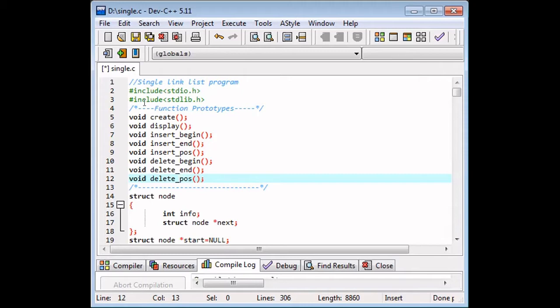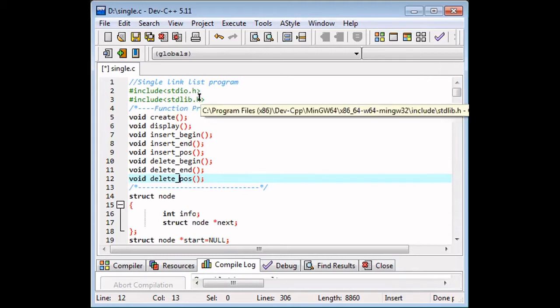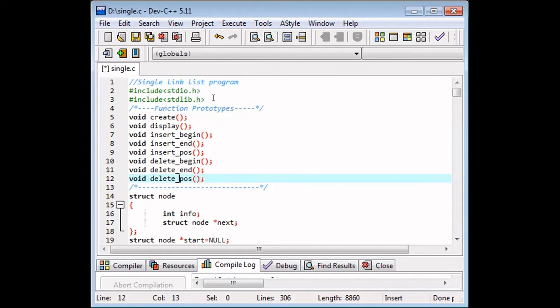Okay, so we will start with the program, our initial declaration stdio.h. Then we also will be using some library functions like malloc, flush and all. So for that you need to include stdlib.h, the library header file. Then we are creating function prototypes, because we are going to use a function for each and every logic.